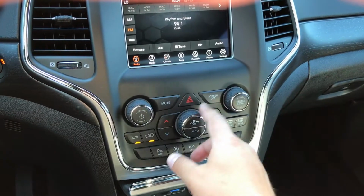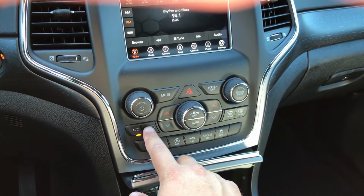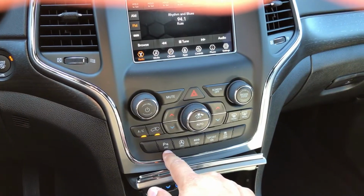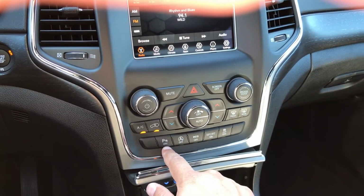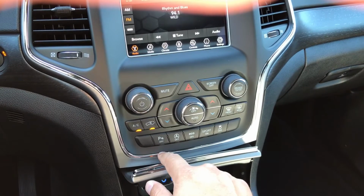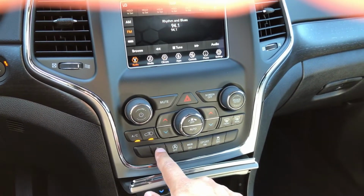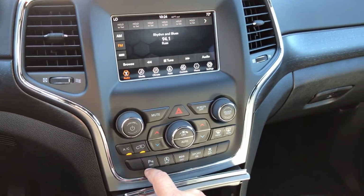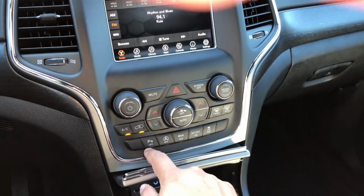You can mute, turn the screen off. You have your climate controls here, and then down here below you have your rear sonar sensors. So if you were pulling a trailer, you may want to turn that off, and it alerts you, lets you know that you turn them off. That way, while you're pulling whatever trailer, or if you have something behind you, the sonar sensors aren't going